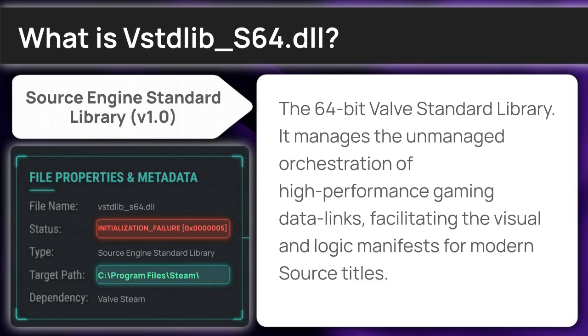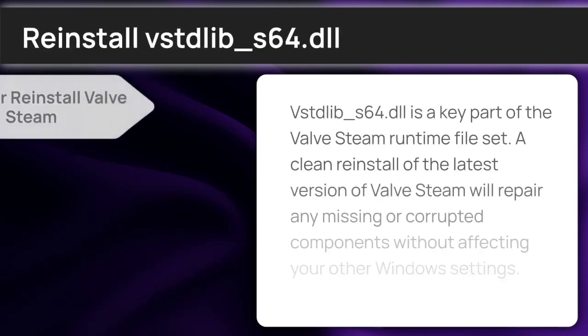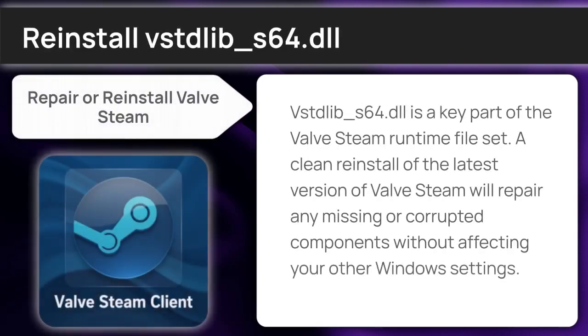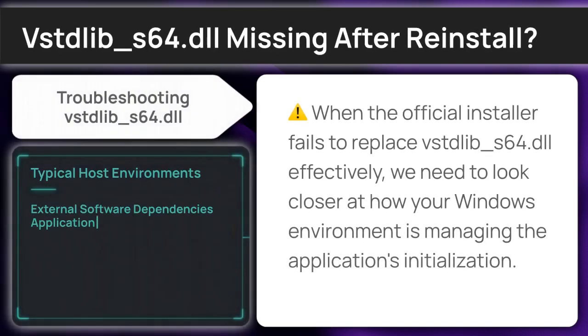Our first move is installing a fresh, clean copy of the library. vstandard-lib S64 is a key part of the Valve Steam runtime file set. A clean reinstall of the latest version of Valve Steam will repair any missing or corrupted components without affecting your other Windows settings. In cases where the official installer remains ineffective, we must escalate to a manual review of your